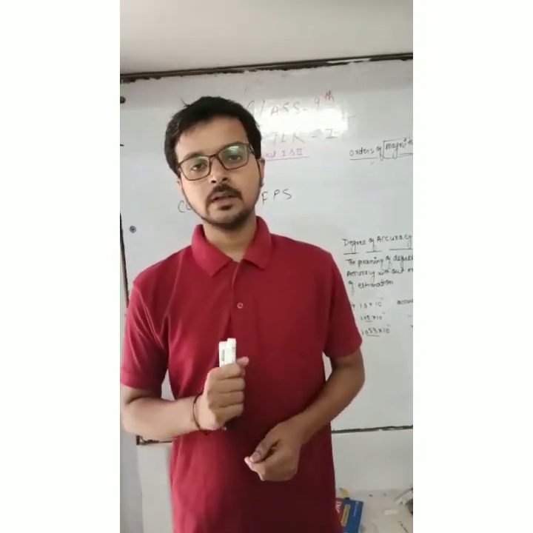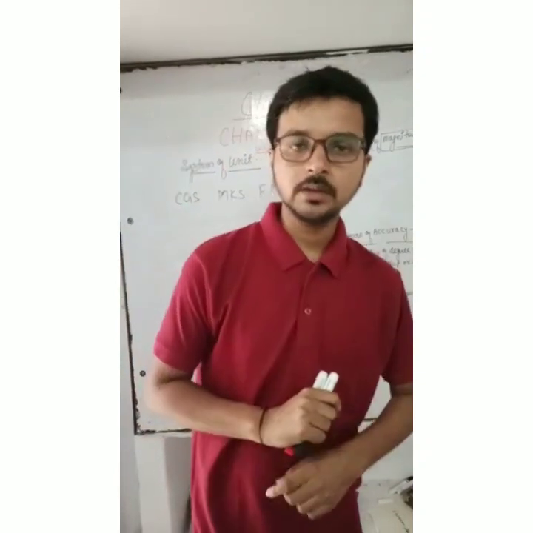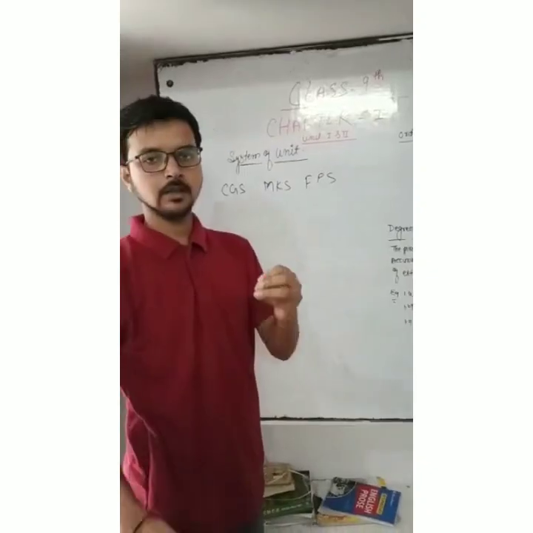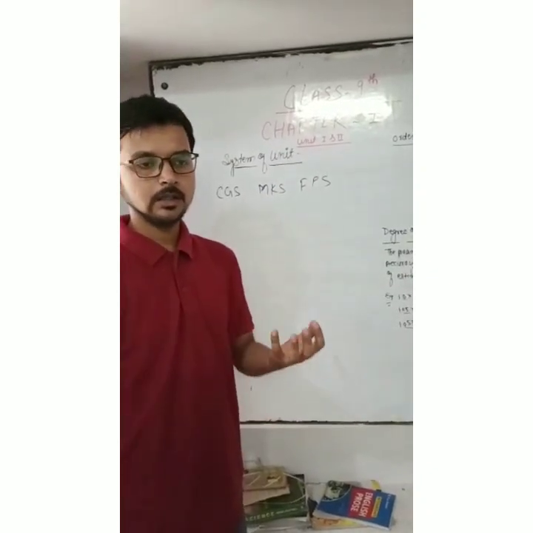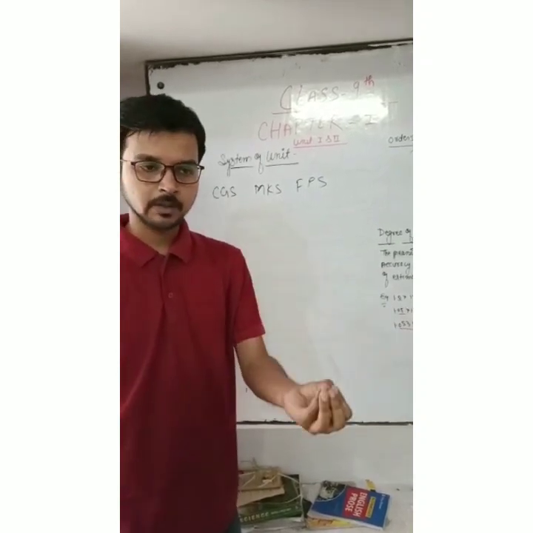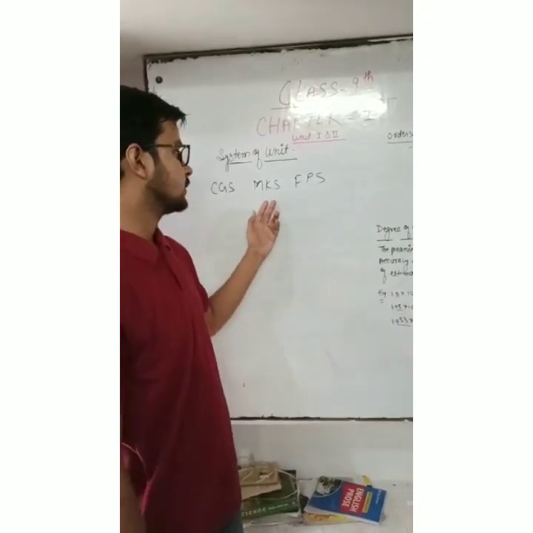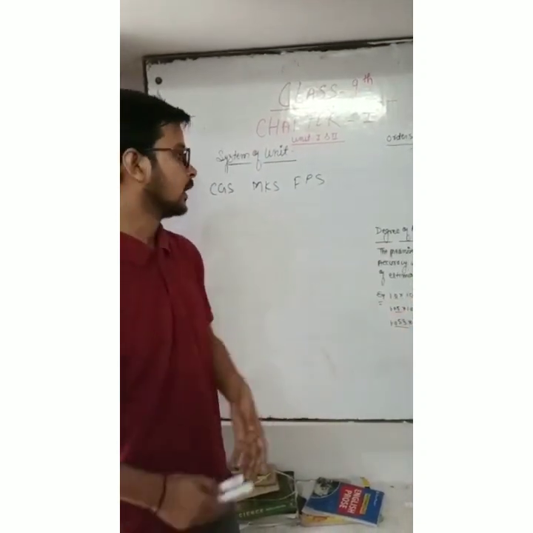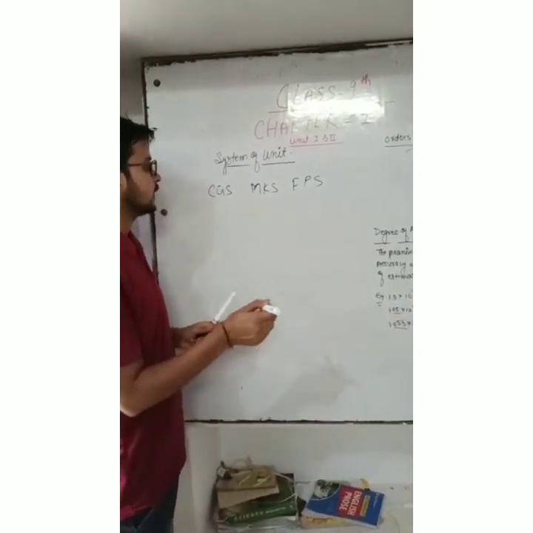Students, now we will take up a very small topic. The topic is the system of units. Students, you know that when we take a physical quantity in our daily life, we take a very low, very minimum amount, and we use the MKS system or the FPS system. The MKS and FPS systems we will discuss later. Then we take the CGS system.